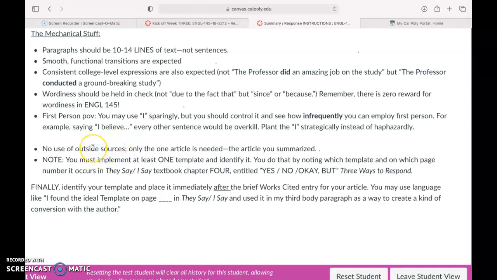In this paper, you do not need any outside sources. You only need the article you're going to summarize and your ideas. Okay? Notice you must implement at least one template and identify it. You do that by noting which template on which page number it occurs in our textbook. So you're just going to identify your template, put it immediately after your really brief works cited entry, which should have your one article cited. You can use language like, "I found the ideal template on page blah, blah, blah, and I used it in my third." So this is what